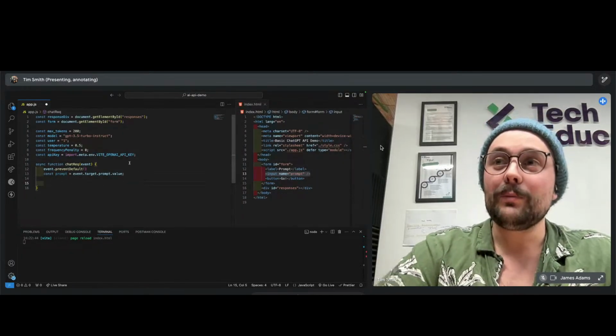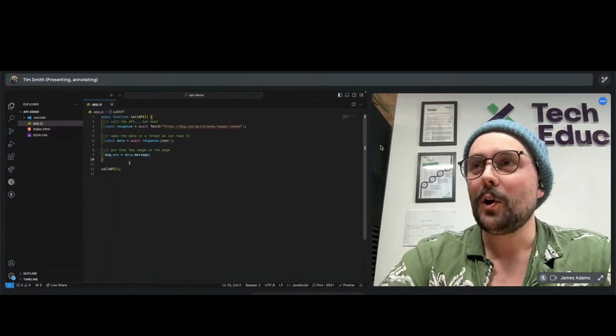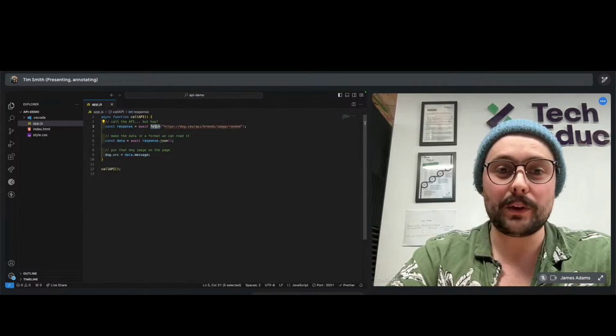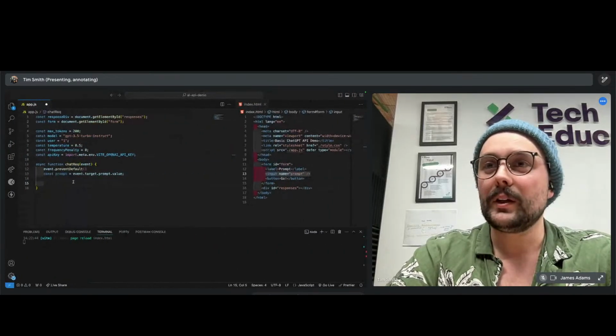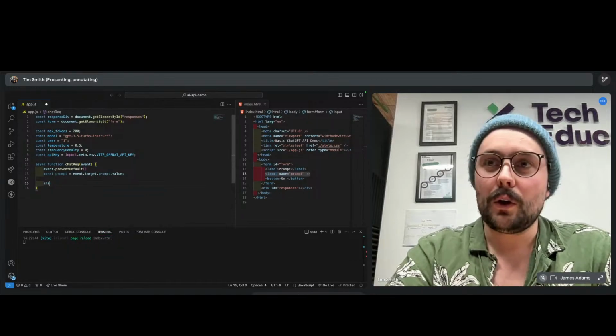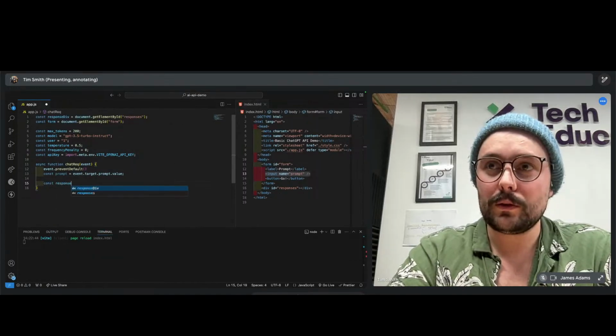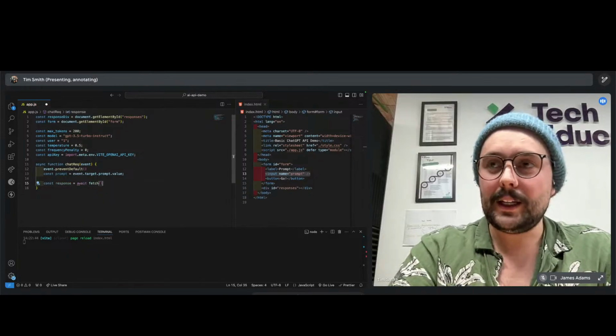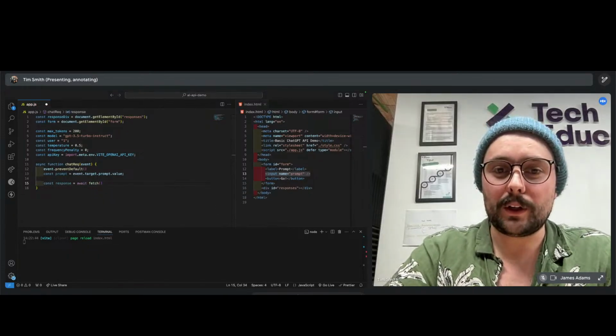So the next thing we're going to do, I'm going to go back to that demo we looked at before. We need to make a fetch. Whatever we get back, we're going to call it response. So let's have a look at that now. So I'm going to say const response equals await fetch. And in here, I'm not going to make you watch me type it out